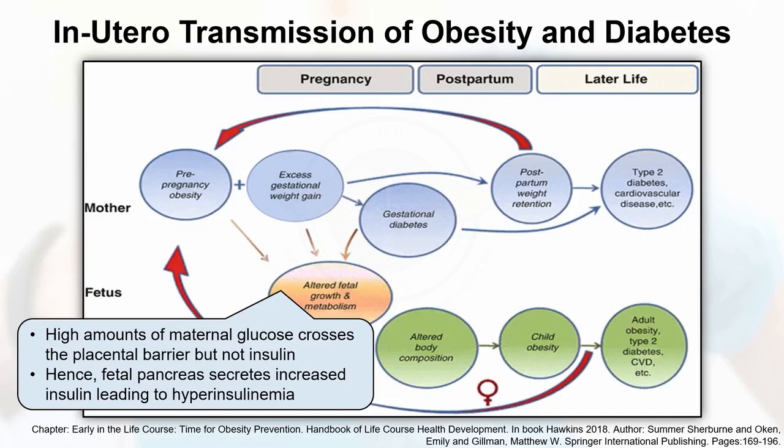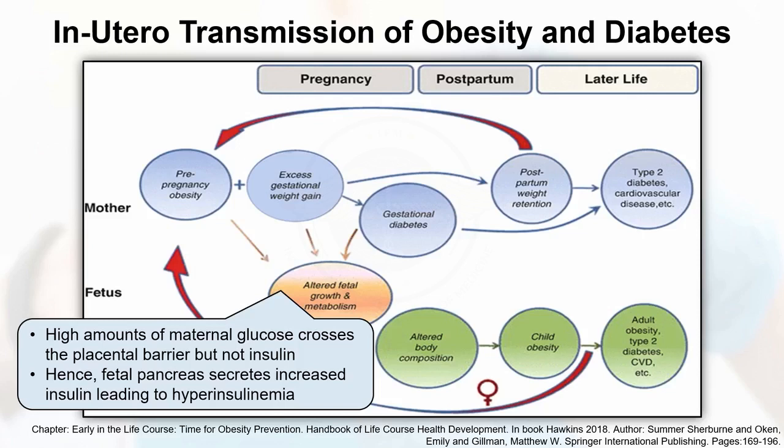The fetus has a normal pancreas. So the mother has high sugar, and this high sugar crosses the placenta. What does the fetus do? The fetal pancreatic beta cells respond by producing more insulin. Simple to remember: the beta cells get exhausted, and therefore there's a chance to develop diabetes earlier because of beta cell exhaustion. And also in the fetus, there is hyperinsulinemia.